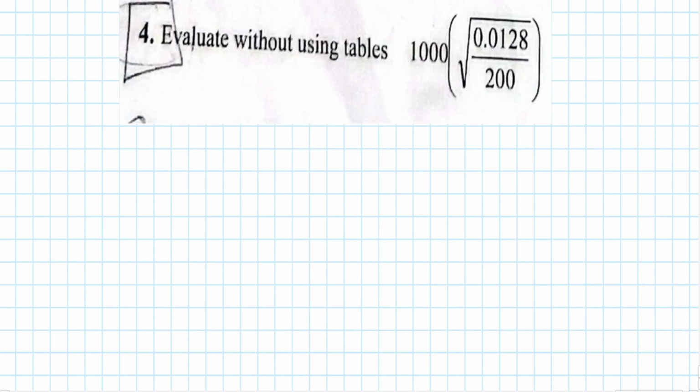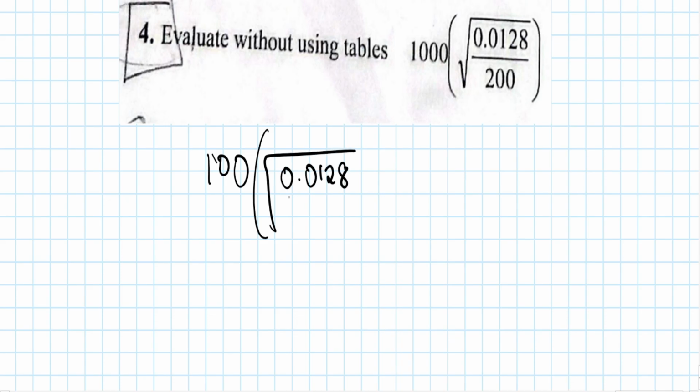Question 4. Evaluate without using tables. Very simple question once more. So 100, you have square roots. You have square root of 0.0128 over 200. Okay, now let's deal with the one that is in the brackets. So this is 1,000 or 100, sorry. So 1,000 times